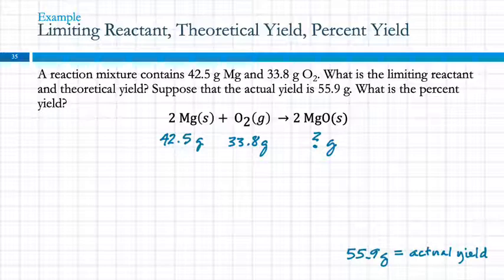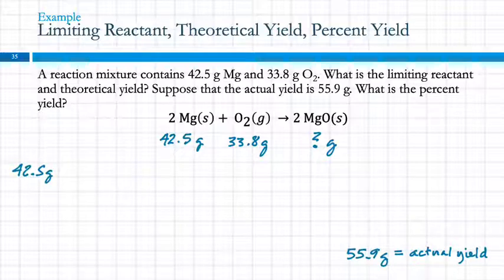So I'm going to go grams to moles to moles to grams for the magnesium, and then I'm going to go grams to moles to moles to grams for the oxygen. 2 calculations. They're each going to give me a mass of product, and then I just pick the smaller one, and that's my theoretical yield. Okay, so for the magnesium,